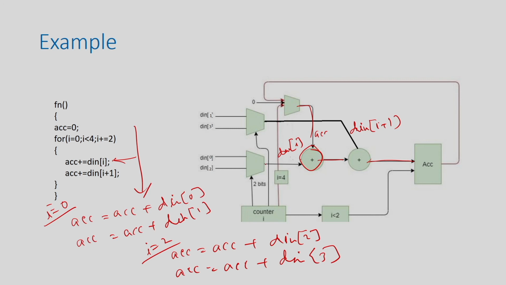So, for this input, what am I going to select? I am going to select between this and this, because these are the things going to be added here, right. That is why I am selecting D in 0 and D in 2, right, and for this second output, this I plus 1 is 1 and 3, right. So, I plus 1 is basically D 1 and D 3. That is why this mux is selecting between 1 and 3, and this is my I plus 1.